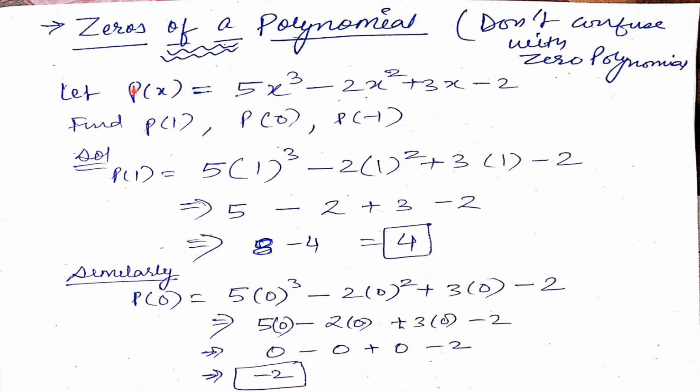Now, I told in the last class, whatever is the variable of the polynomial, we name it according to that. Suppose I have named it as p(x). You could have said it as q(x), r(x), t(x), whatever you want. But this bracket term represents the variable in the question. If variable was y, this would have been p(y). Got it? Now, questions like this may come: find p(1), find p(0), p(-1).